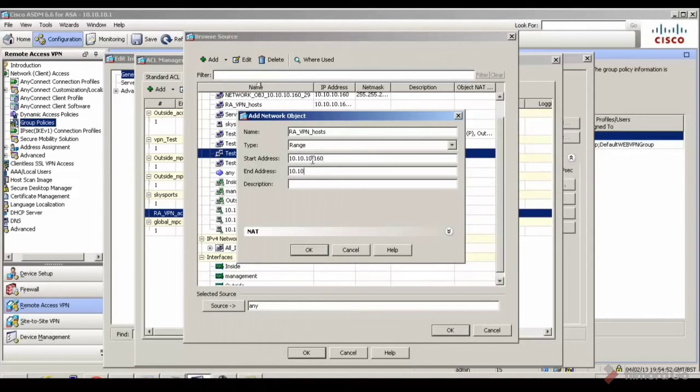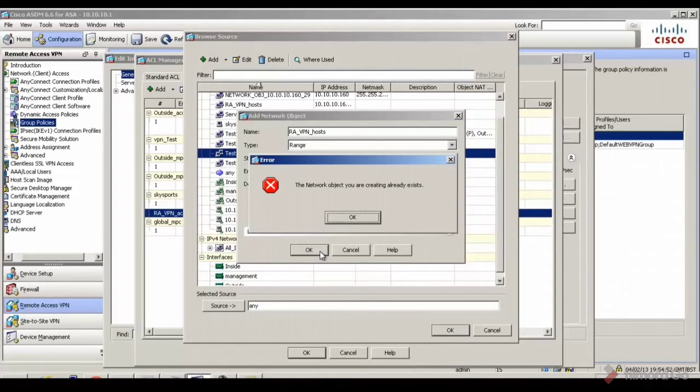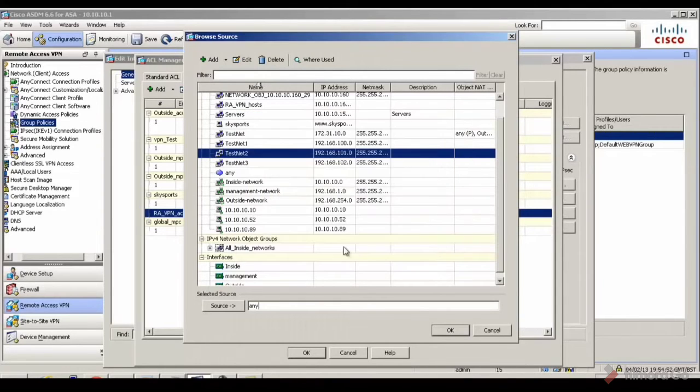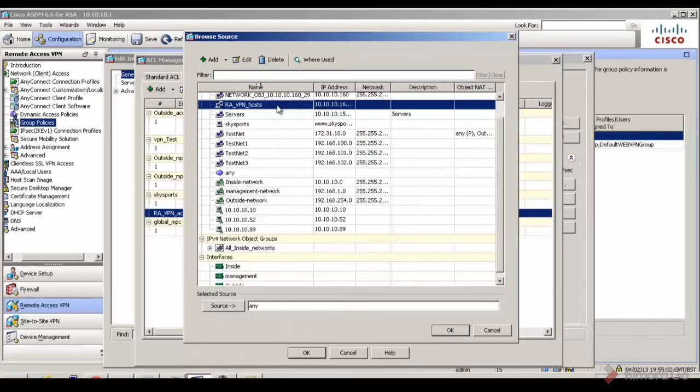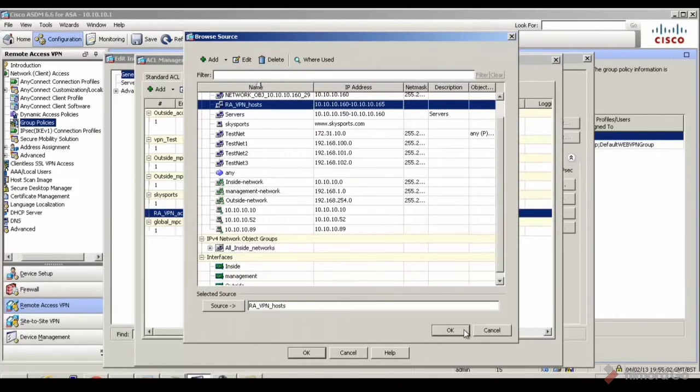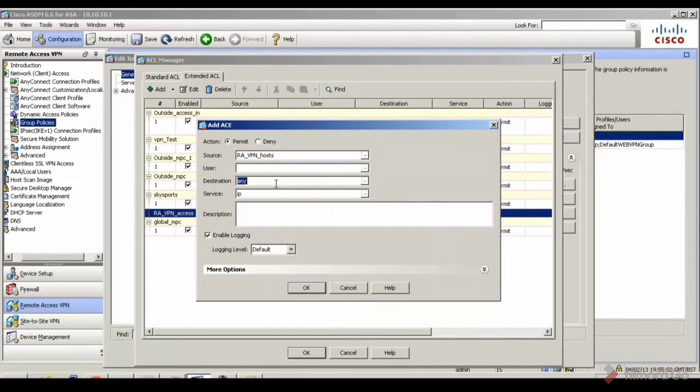RAVPN hosts, and we're going to do 10.10.10.160 to 10.10.10.165, which was our DHCP pool, remember. It already exists, so there we go, 10.10.10.160 to 165. So I'm just going to choose that, okay, and the destination is going to be just a random address,